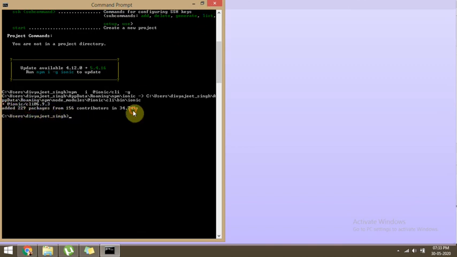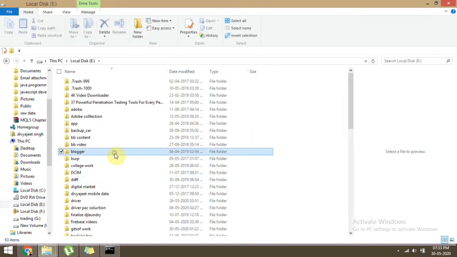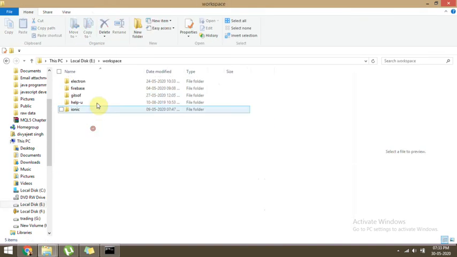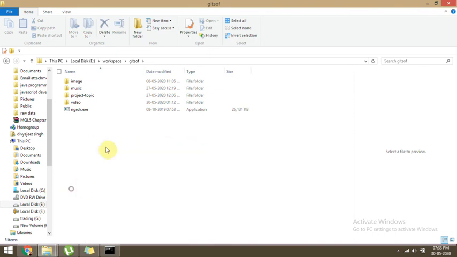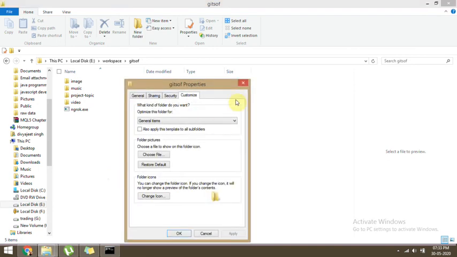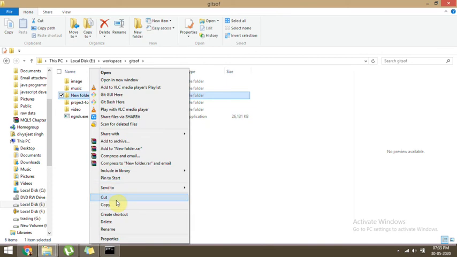Now you can move to how to start an Ionic project. First go to your project directory. Just assume I am going to local disk E, and in my workspace I will make a new folder.